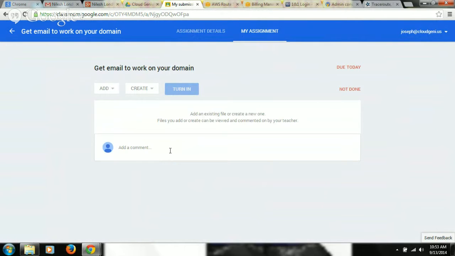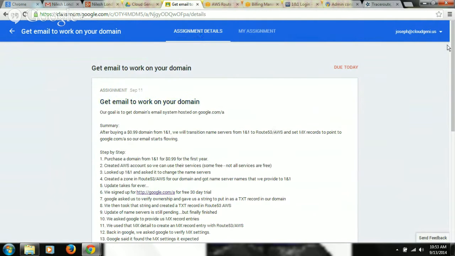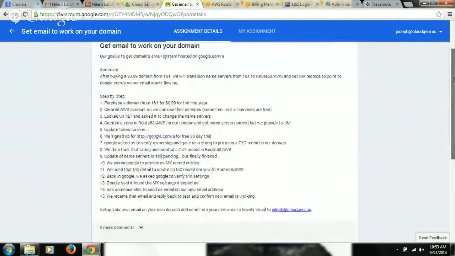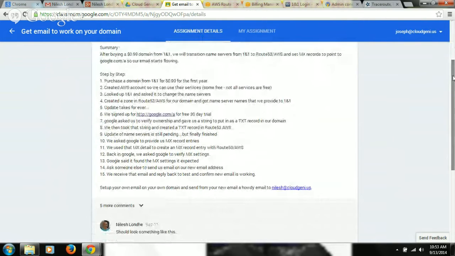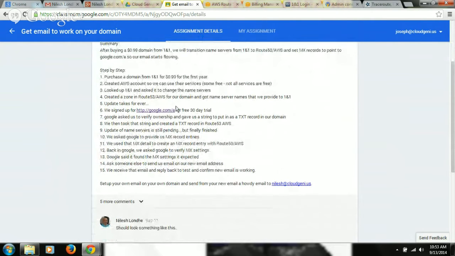If you go back to the assignment detail tab on the upper area, here you will see step-by-step instructions on what needs to happen for email to flow. Let's follow along. Step number 1, done. 2, done. 3, check. Can you show it to us?